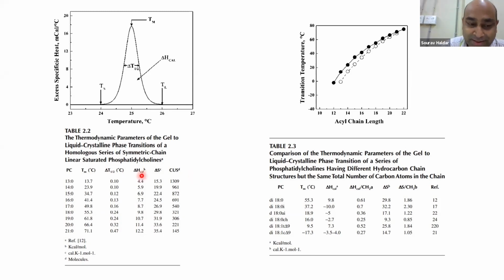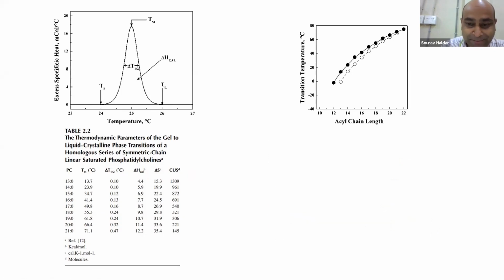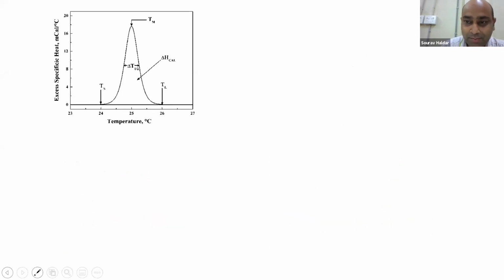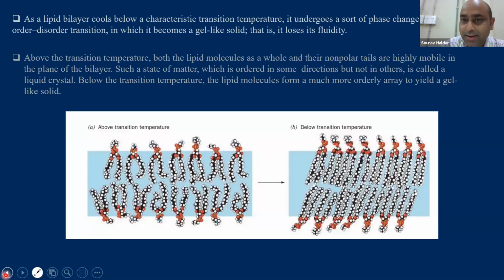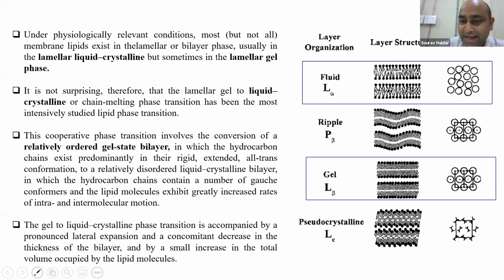So if you go to my previous slide where I was showing you L alpha and L beta, and these are fine. You do see some L alpha, L beta in some membranes, but mostly what we will be seeing in a typical mammalian cell, under reasonable cholesterol concentration, is the LO phase, what is known as a liquid ordered phase.